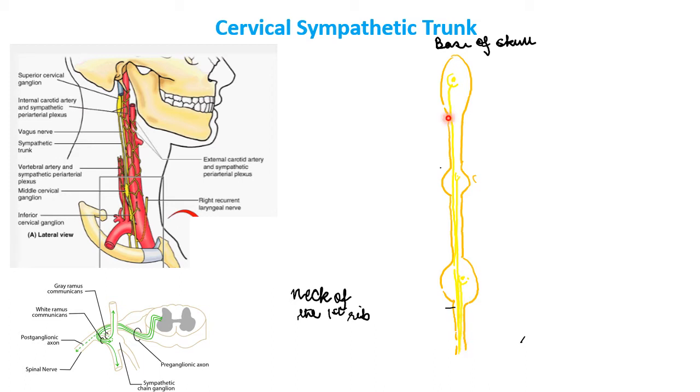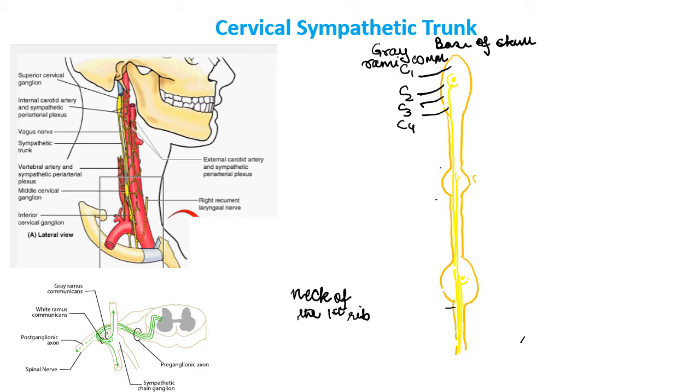Now, when these preganglionic fibers have synapsed in the ganglia, the postganglionic neurons arise, which form the various branches of these ganglia. So from the superior ganglia, first arise the gray rami communicans, which go to the C1, C2, C3 and C4 nerves. So these are the gray rami communicans. So white rami communicans नहीं है, but gray rami communicans है जो cervical nerves के पास गए और यहाँ से वो skin के various counterparts के पास पहुंच गए.